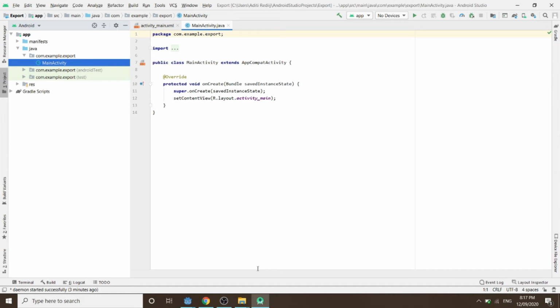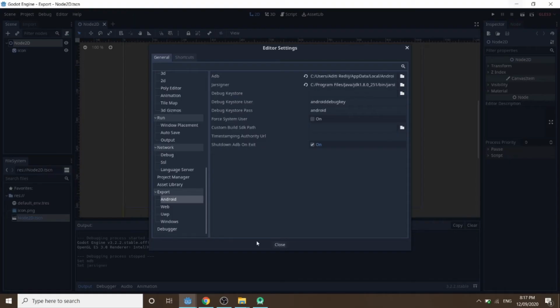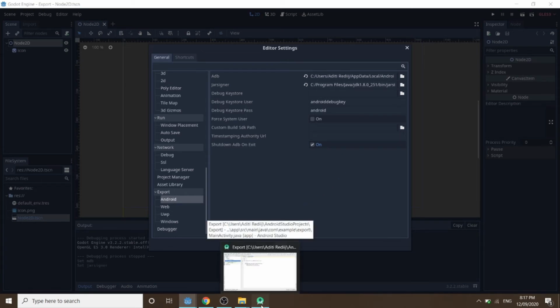And oh, if you have already worked with HDK and Eclipse before, the debug keystore file will already be there in your .android folder. But those of you who don't have it, just watch and you will see how easy it is to create your own keystore.